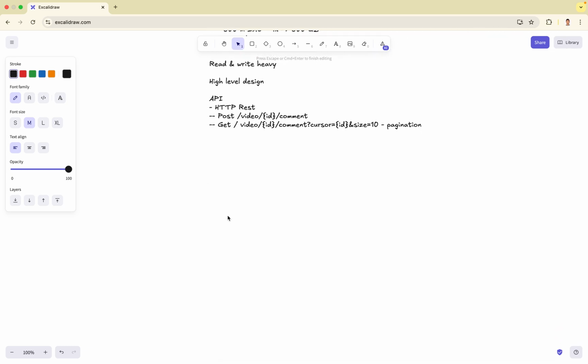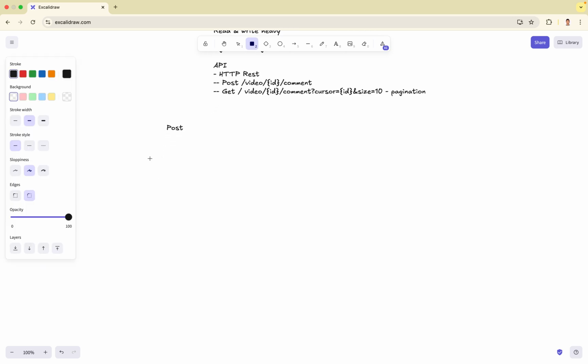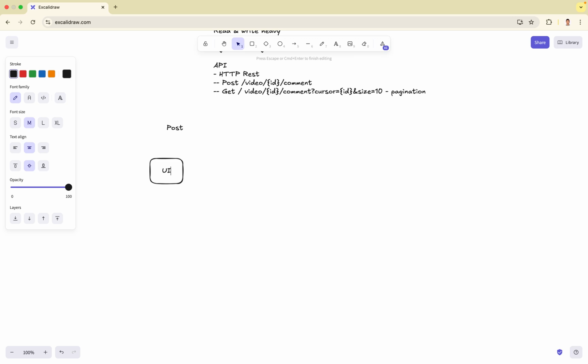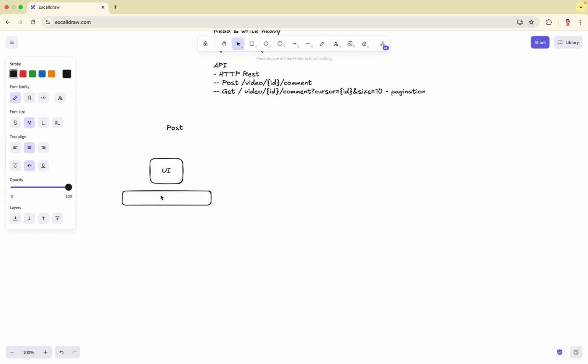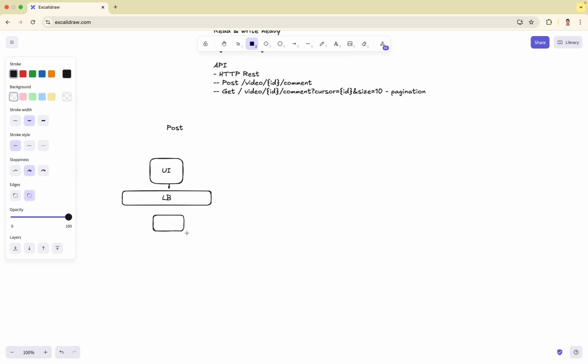So let's start with the diagram. We will start with the post workflow. On the left side, we'll start with the post flow. We'll have the UI here. We will have a load balancer, and then the user will try to post to the load balancer. Then we may have the gateway,